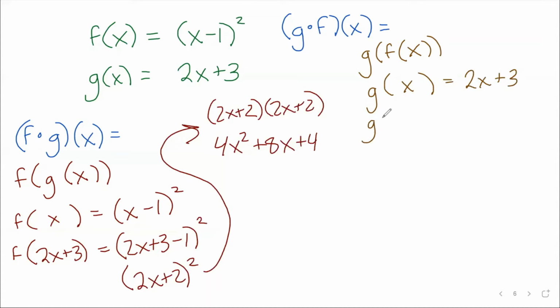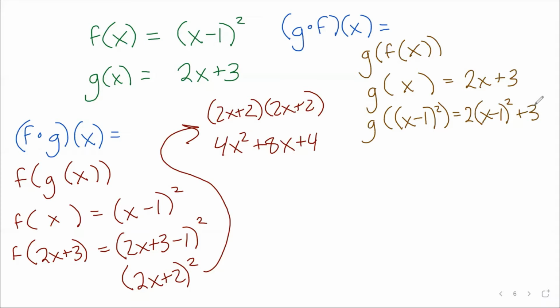I'm looking for g of f of x. I know what f of x is. F of x is x minus 1 squared. And so every place I see x, I replace it with x minus 1 squared. 2 times x minus 1 squared